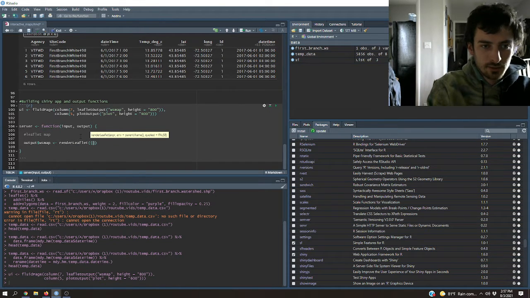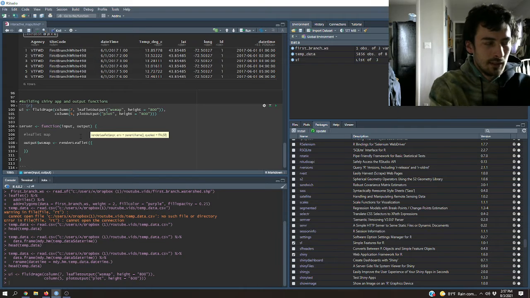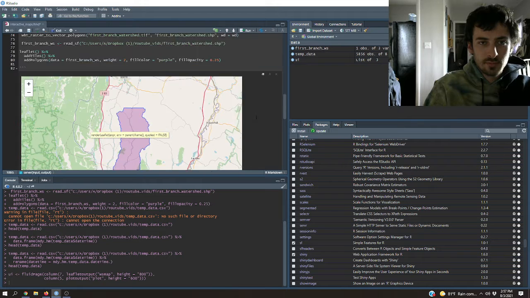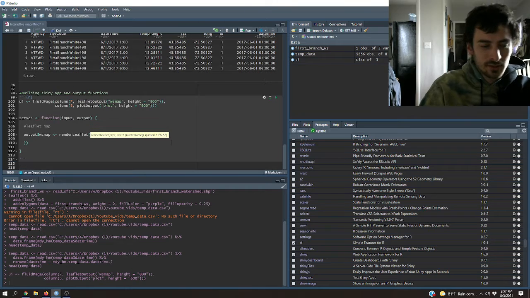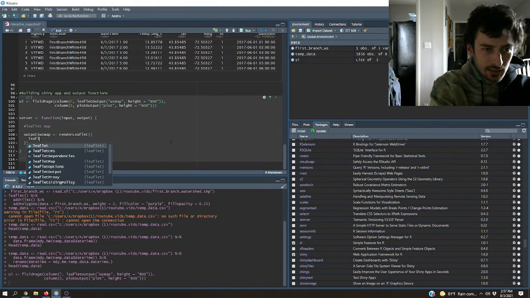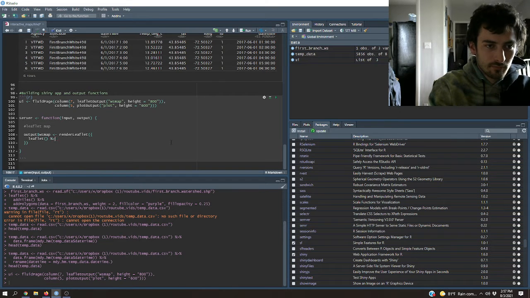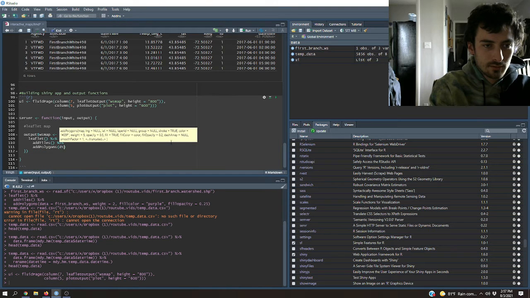This is a function, so we'll bring in the curly brackets, and from here it's basically the same process we did earlier. We're just going to be adding another thing here. It's going to be the circle markers, or our points from the temperature data. So leaflet, addTiles, addPolygons,